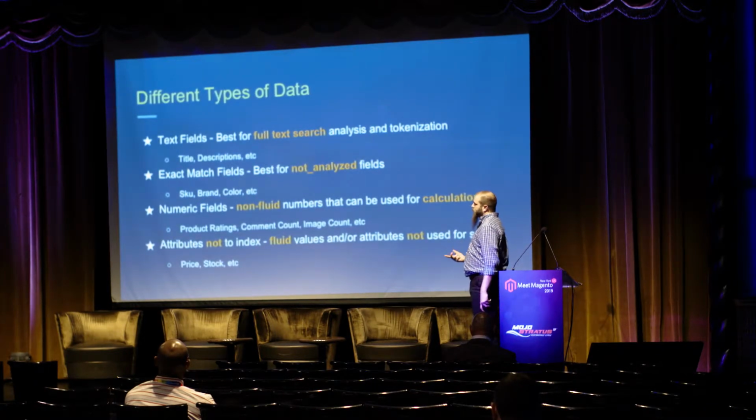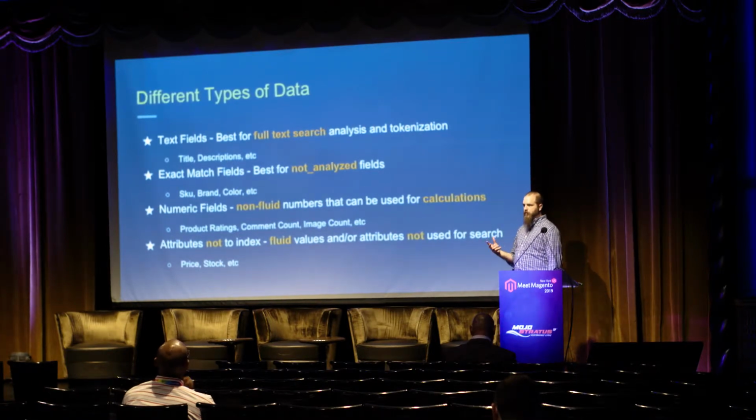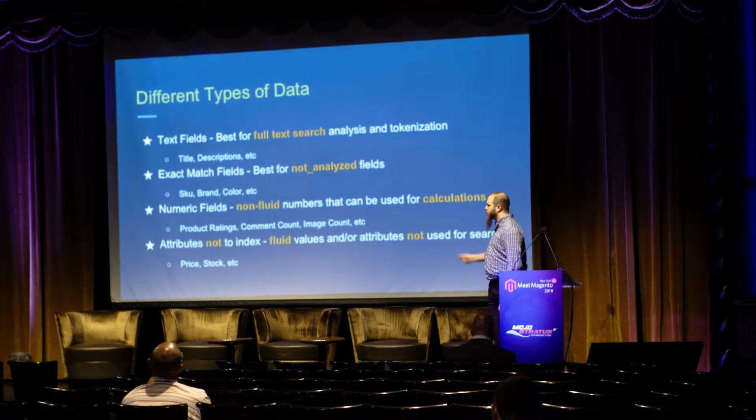So basically, we're going to look at the different types of data. So you have your text fields. Text fields can either, like I said, be not analyzed, which are like your SKUs and things like that, which fall into your exact match fields. Text fields, title, description, those are the ones you're going to want to break down, start building into the inverted index. Those are the ones that we need to pay the most attention to when we're trying to build these